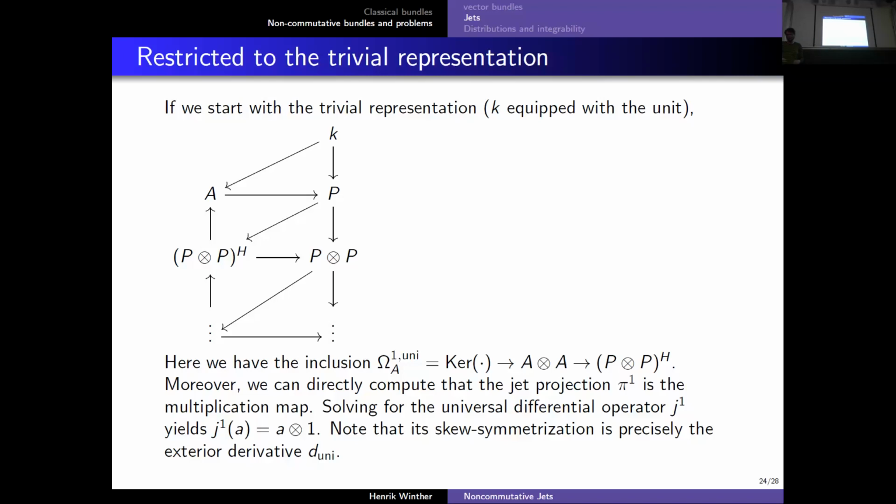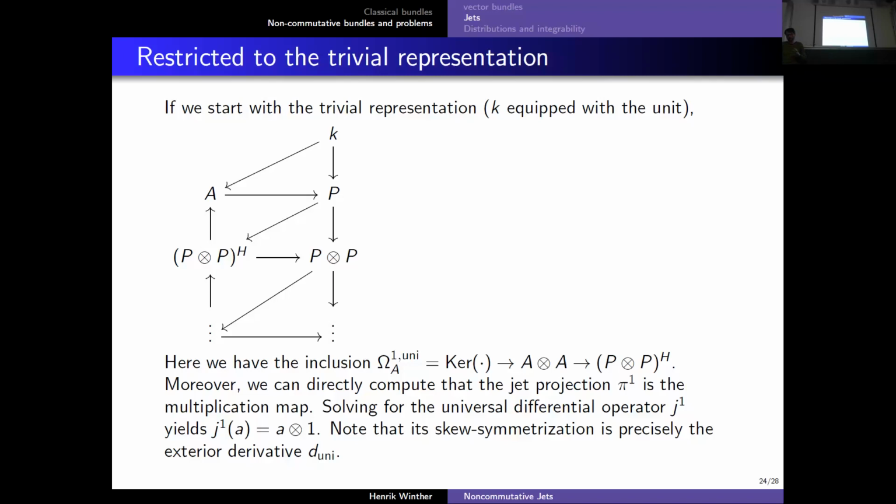And now we can chase through the homomorphisms that we were using on the previous slide and calculate that the projection map from P times PH to A is just a multiplication map in the case of the universal calculus. So now that we know that, we can solve for the bundle map that gives us this property that you go up and go down again and it's the identity, and it shows up your bundle map. And it gives us that the universal